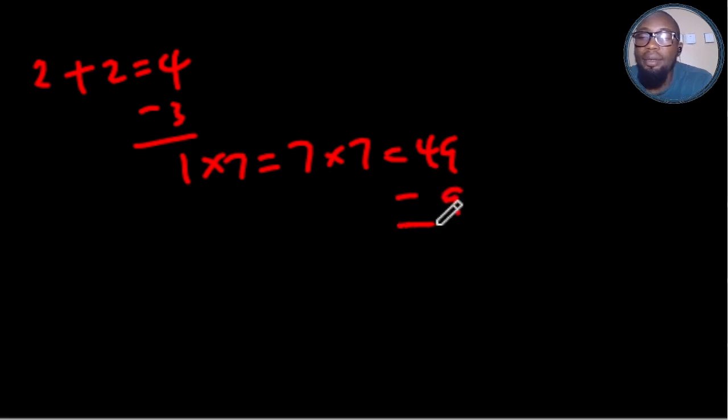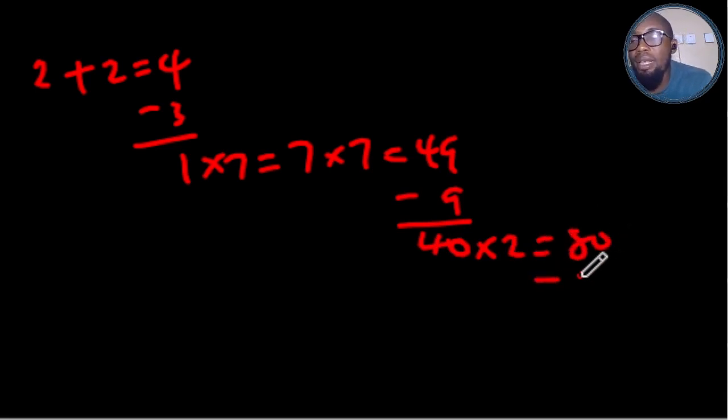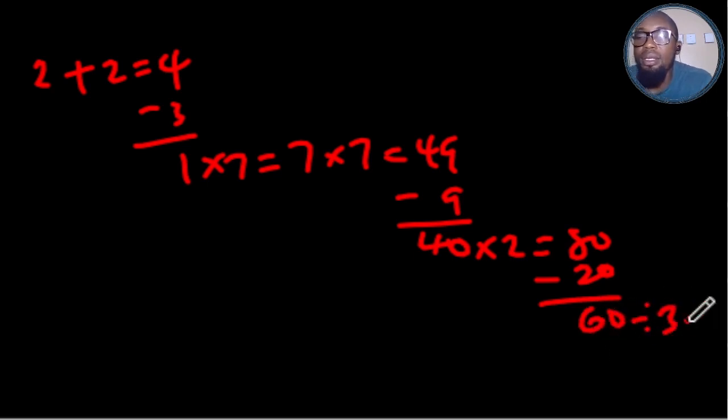Doesn't say 1. I'm like, okay, times 7. It says 7. Like, okay, times 7 again. It says the answer now is 49. I'm like, okay, minus 9. It says 40. Like, okay, times 2. It says 80. Like, okay, minus 20. It says 60. Like, okay, divided by 3. It says 20. This is just playing with numbers. It might look like you are playing, but honestly, you are training your mind to have that